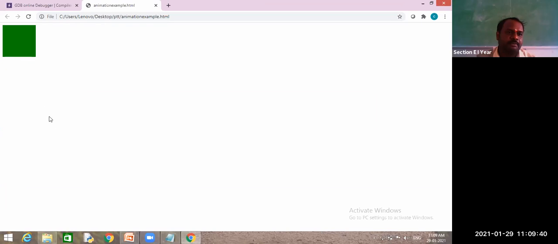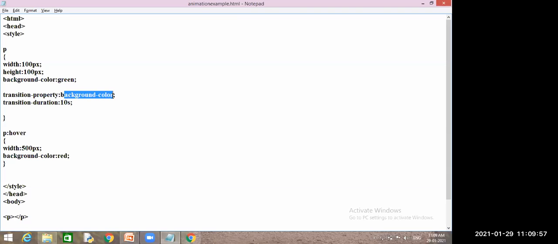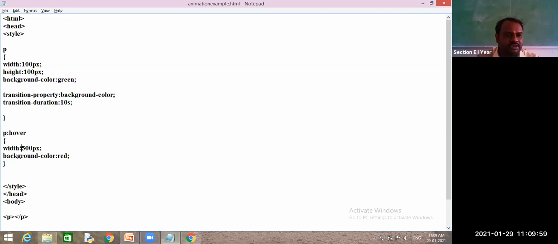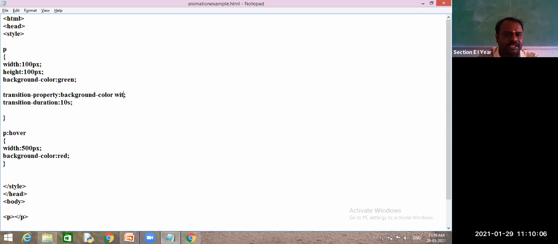Immediately. Immediately applied. Why is it applying immediately even though I have written transition? Because for this transition property, did you give this width? For this transition property, which property did you want to change over time? Background color only. But did you include width also? No, sir. So make width by giving space.